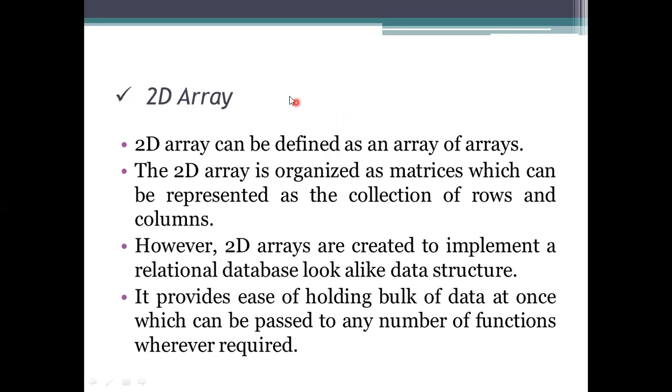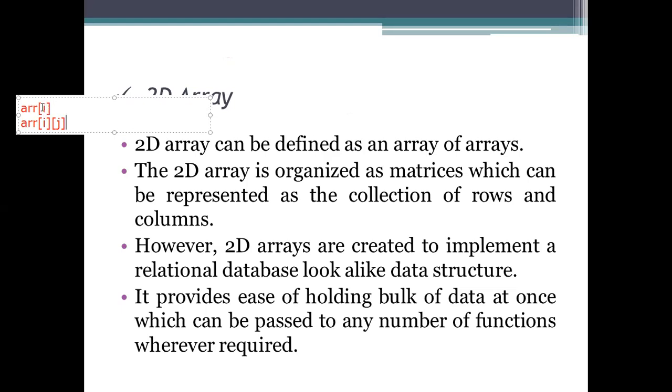So here what we are doing is assigning a space by using a one-dimensional array. If you want to represent it as two-dimensional, we need to present how many rows and how many columns have to be used.